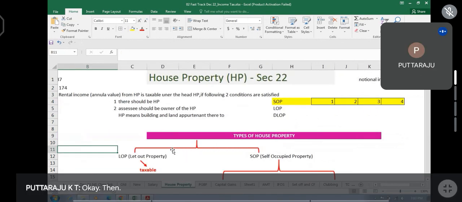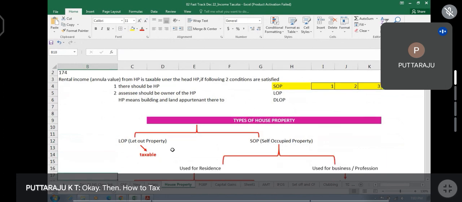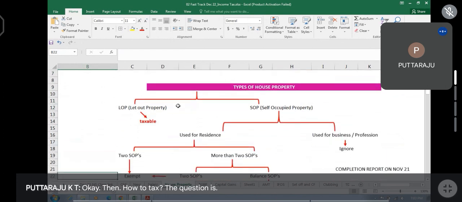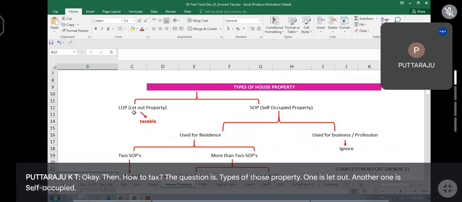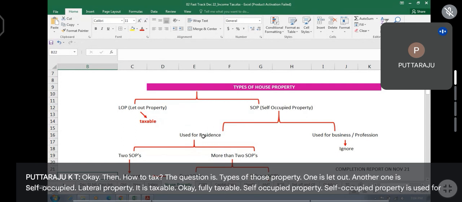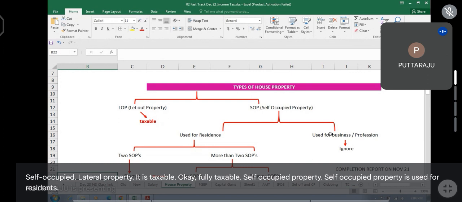Then, how to tax? The question arises. Types of house property: one is let out, another one is self-occupied. Let out property is taxable, fully taxable. Self-occupied property, if it is used for residence or used for